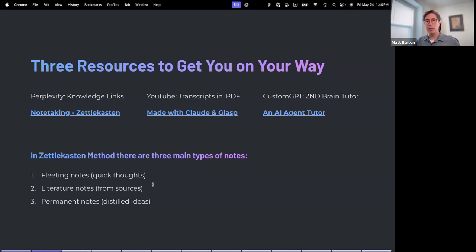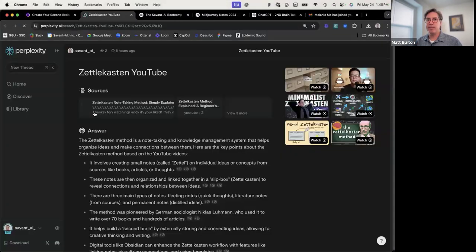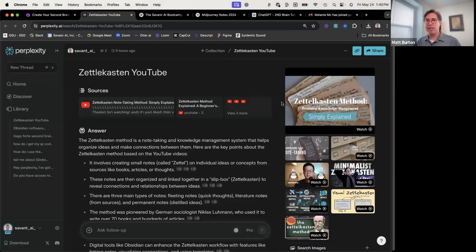And I love this tool, Perplexity, because I can look up anything that I don't know. So this would take me to a YouTube, actually a series of YouTubes on Zettelkasten that are on the Perplexity site. When I think of second brains and I think of knowledge, I think of where I go to learn things, and my number one AI-enabled tool now is Perplexity. It will give me a quick answer. So this is that Zettelkasten YouTube. If you have the pro version of Perplexity, you can actually build an entire collection.